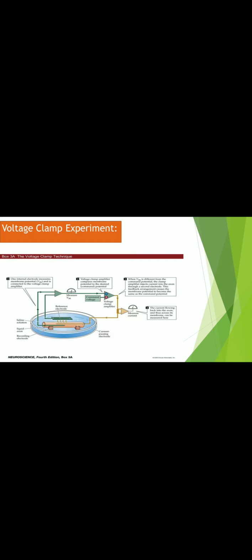Voltage clamp is a technique used by electrophysiologists to measure the ion current through the membrane when the cells are in the excited state, like nerve cells, cardiac cells or neurons, while holding the membrane voltage at a desired constant level. So whenever we have to study the ion current when the cells are in the excited state, we have to hold the voltage at a